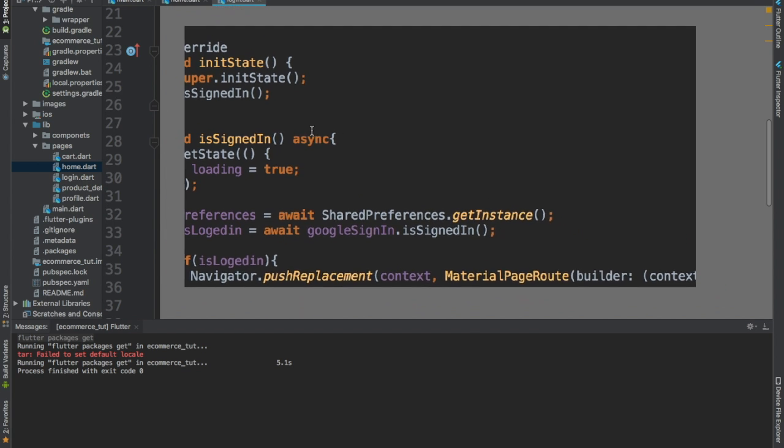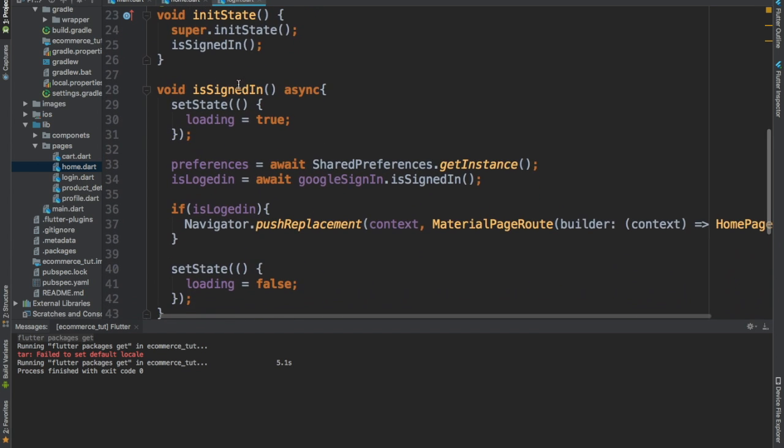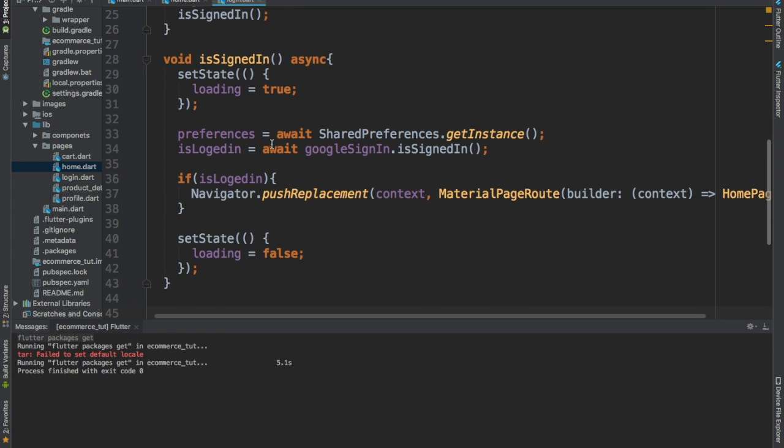So what happens in this method, we are going to do void isSignedIn async, meaning the method is asynchronous. We'll be waiting for something that's going to come from the future. I don't know if that makes any sense, but basically it means that while we're processing something, we can be waiting for something else. Then here, when we begin the method, we're going to do set state